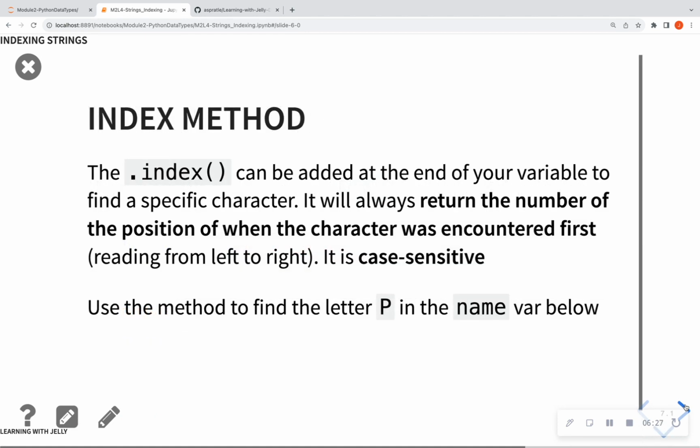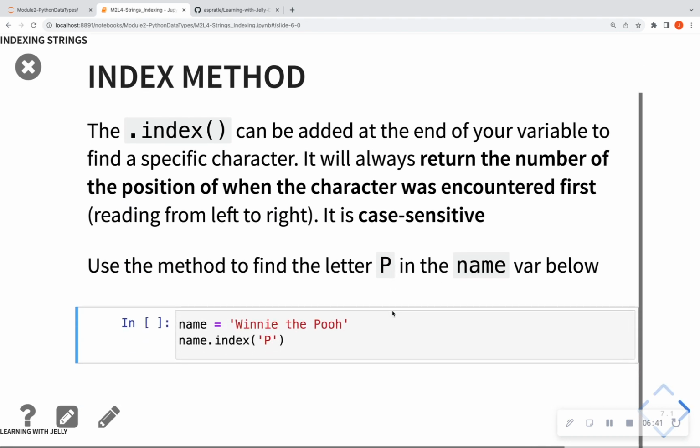So last but not least, the index method. The index method can be added to return the position of the character that was encountered first, reading from left to right. It is case sensitive. So in this case, if we want to find the letter P in the variable below, we can call the dot index method, and methods are going to have closing parentheses at the end, followed by the object. So I want to find the capital P, and it's going to tell me that it is at the 11th